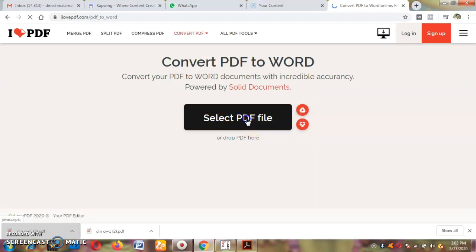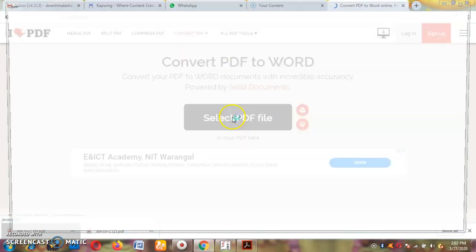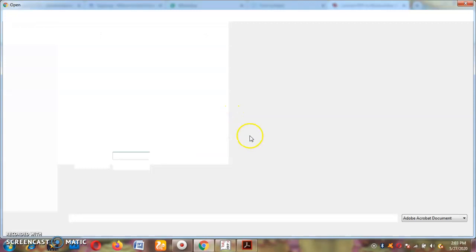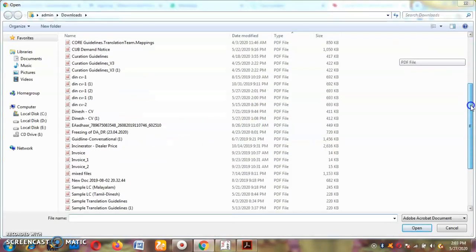Just click it and select the PDF file. You have to select the PDF file from the system. Now you are going to select the PDF file here.